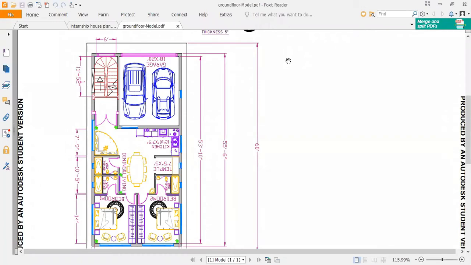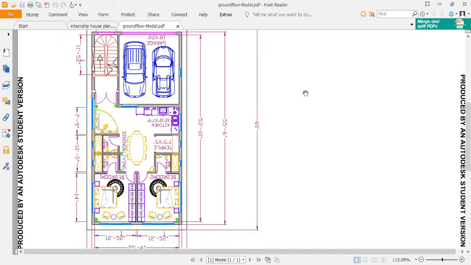I think almost 80% of the students have already started drafting, like they're at least comfortable with AutoCAD and they know the basics. But is there any student who is facing difficulty in drafting the plan? Because I still haven't taught you how to draft a plan in AutoCAD, right? I've told you about three basic commands: the line, offset, and the trim option.